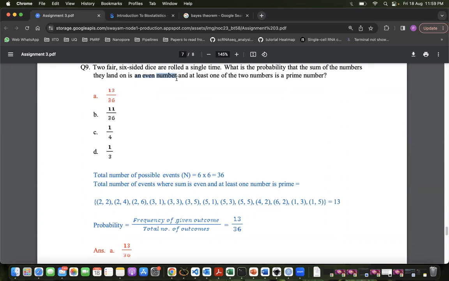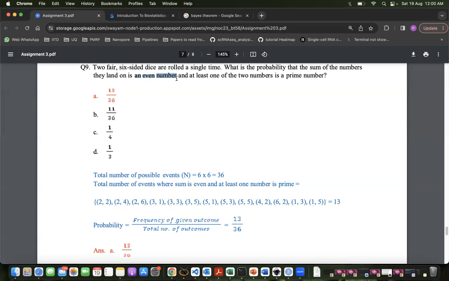No. Land basically means, it's how it's said: the dice landed on 5. That means I got 5, not that 5 is on the downside. That is how it would mean literally, but that's not how it's used. If you see the usage of the phrase, the dice landed on this number, it means what number you see. That means there is a chance that taking that statement also, we can get the other answer.